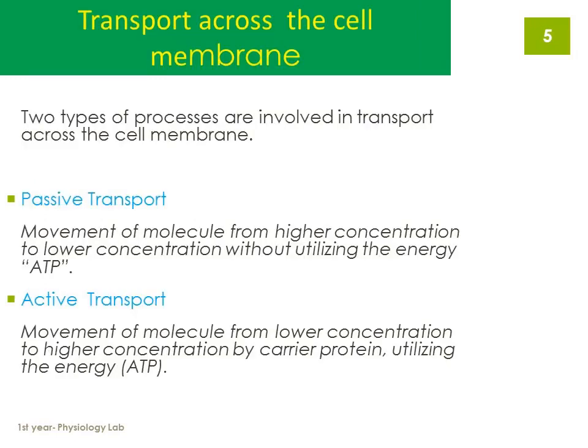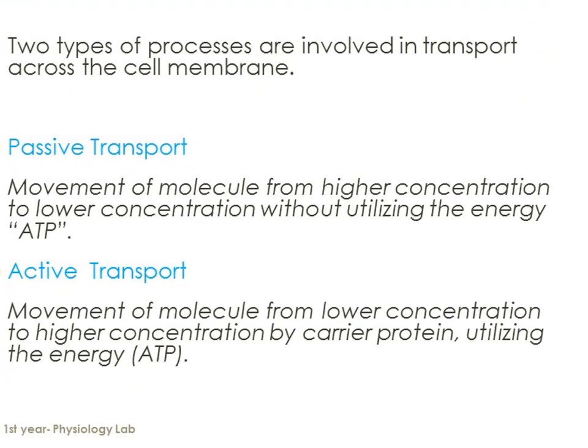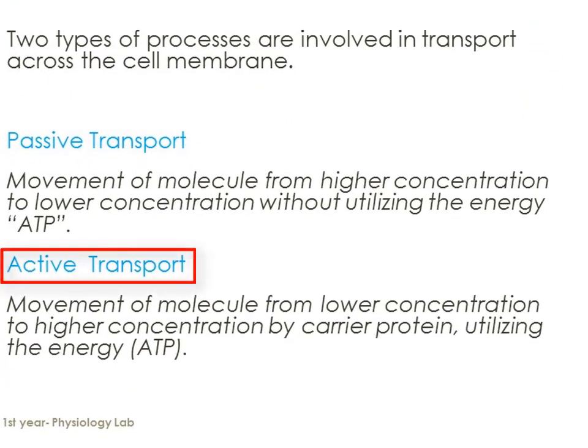graph paper. First of all, we will talk about different modes of transport across the cell membrane. There are basically two types of processes involved in transport across the cell membrane. 1. Passive transport, which is the movement of molecules from higher concentration to lower concentration without utilizing the energy of ATP, and 2. Active transport, which is the movement of molecules from lower concentration to higher concentration by carrier protein,